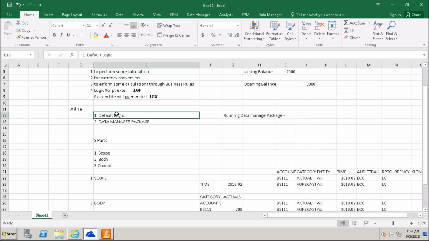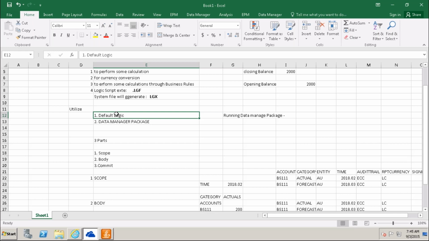Immediately this action will apply and the default logic will run. First, when you run the data manager package, the default logic will trigger automatically and the action will be done. Second, when the user saves some data through the input schedule, the default logic will always run.